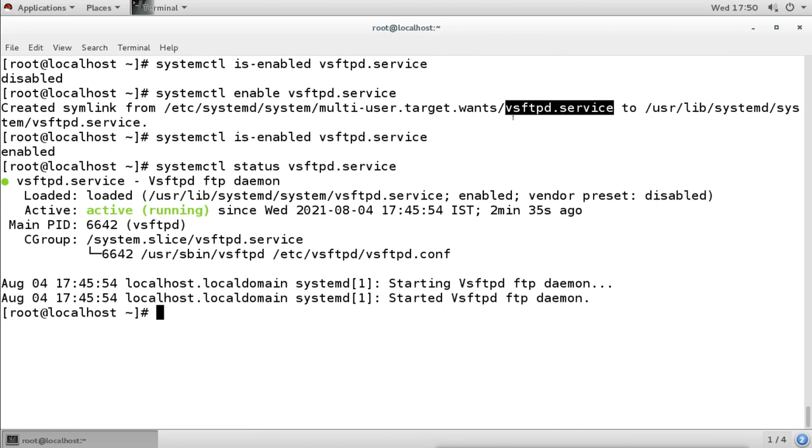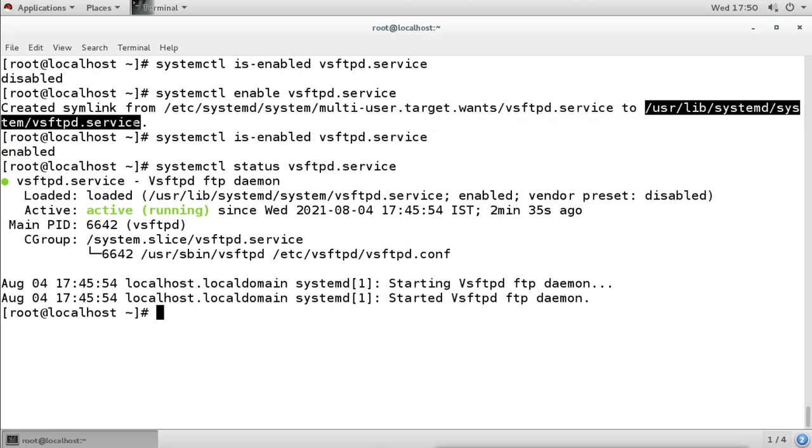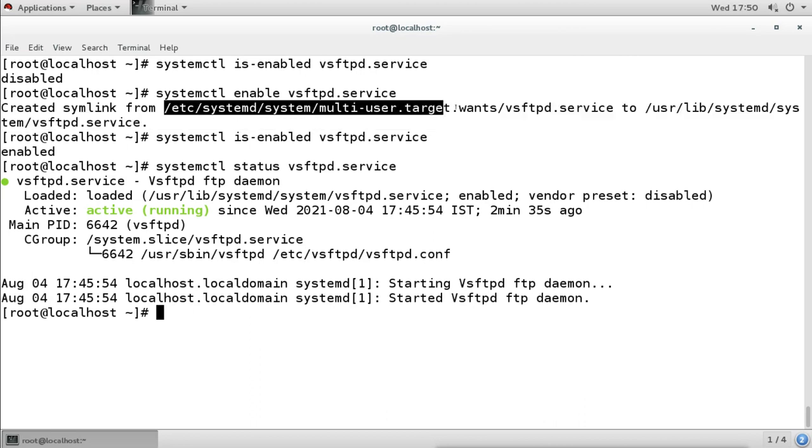Remember, it will not go to the default location, because if it goes to the default location, it will start everything, because all the service files are there, but we don't want to enable everything. We want to enable only what we want. So when the system starts, it only checks this directory. It does not go to the default directory. So when we enable the service, it creates the soft link under this directory.